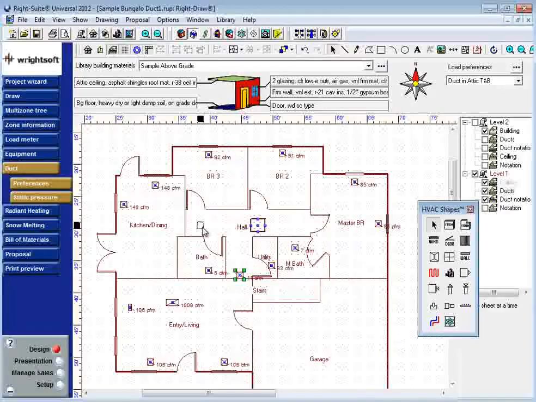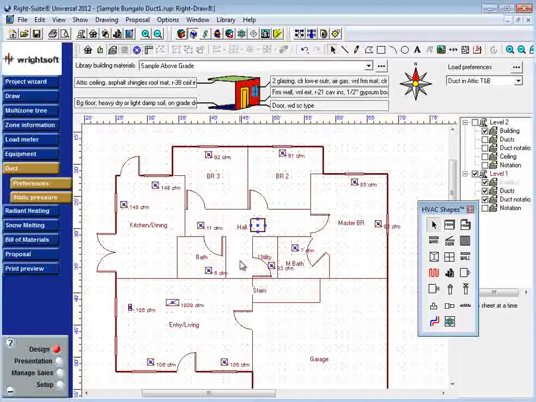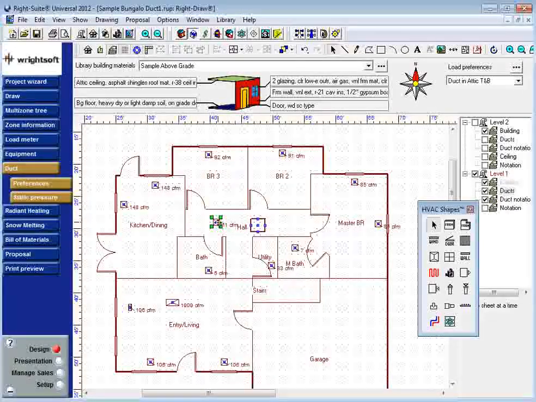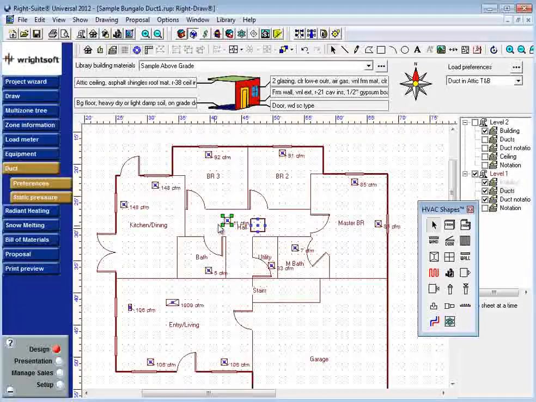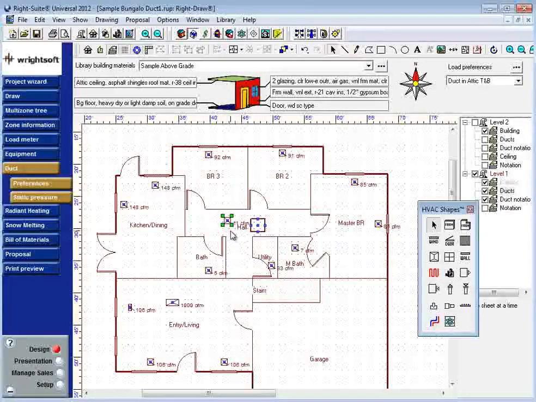Instead of that, what you would need to do is actually draw this hallway here as part of the entryway or part of the kitchen to be able to bring that into those spaces. So you could delete this hallway and redraw it if all of the air from that area needs to be shared with a particular room. However, as is often the case with hallways and some closets, it may just be easier to simply delete the